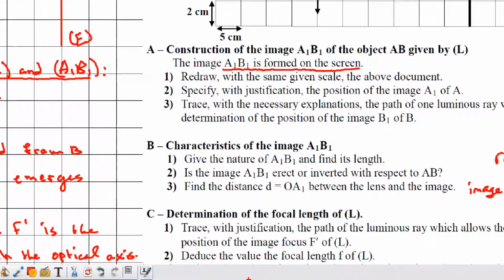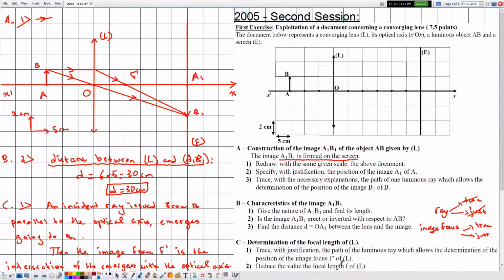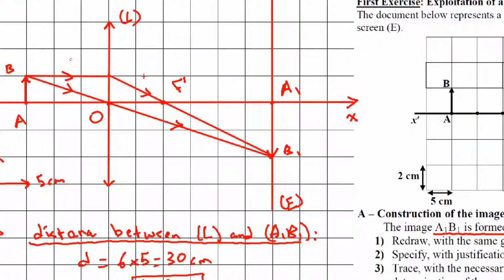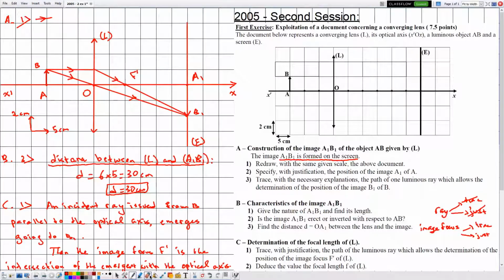And now in number 2 they are telling me deduce the value of the focal length of L, and the word deduce means that we need to use the part just previously before. In number 1 we have determined the position of the image focus, and we already know the position of the optical center, so therefore we can calculate the focal length by referring to its definition,